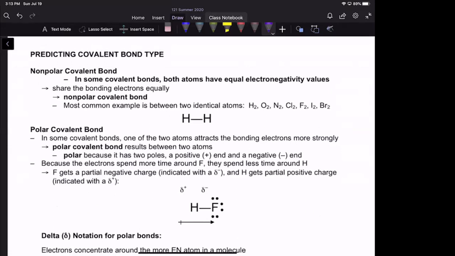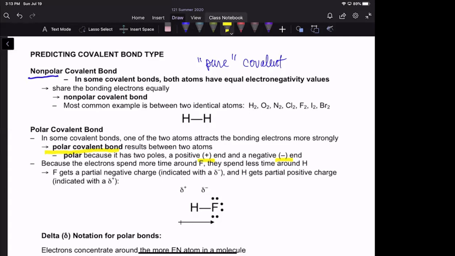If we have two elements that have equal electronegativity, then we will say it is a non-polar covalent bond or a pure covalent bond. If there is a difference in electronegativity, then we are going to call it a polar covalent bond, and we're going to indicate that dipole because it has a positive end and a negative end. And that represents that the electrons spend more time near the more electronegative atom. With HF,